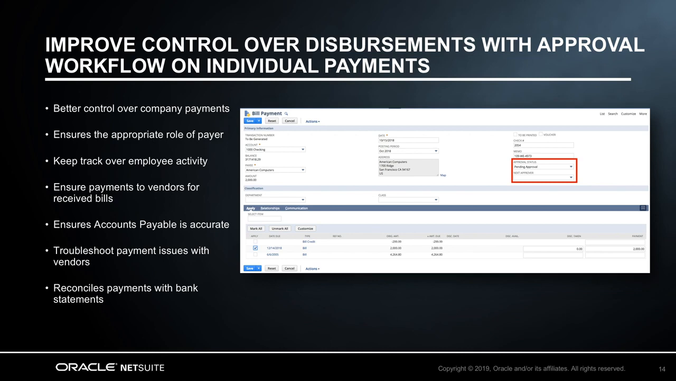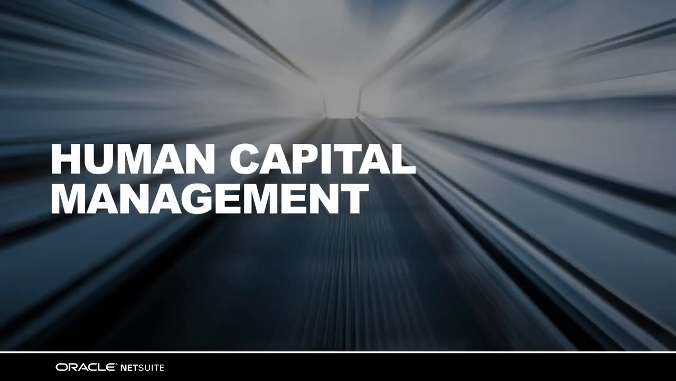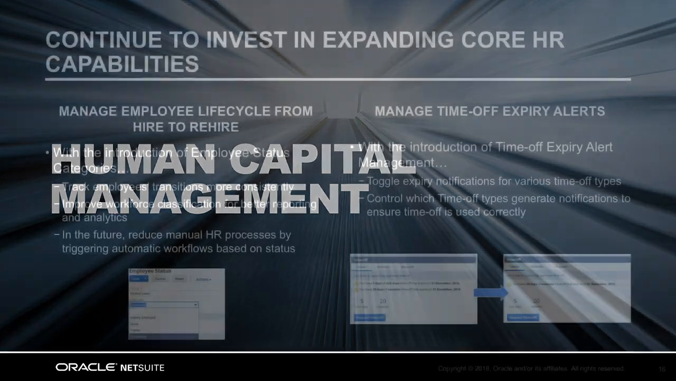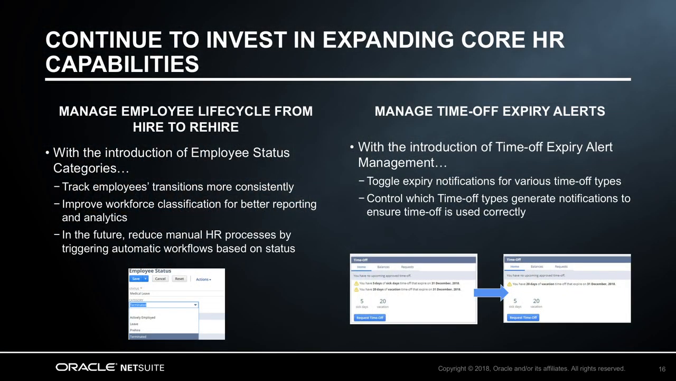This provides better control over the accounts payable process and provides a heightened level of visibility on payments where additional oversight is warranted. Let me cover the highlights in the human capital management area. In the 19.1 release, we're continuing to invest in expanding core HR capabilities. Previously, there was no standardized way to track the transitions an employee has as they move through the stages of their employee lifecycle. However, with the introduction of employee status categories in the 19.1 release, such as pre-hire and active, NetSuite will be able to track employee transitions with improved consistency to create better reports and analytics to help you